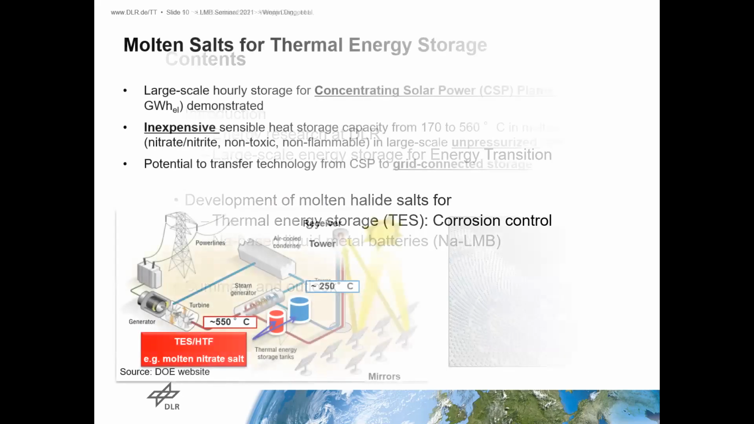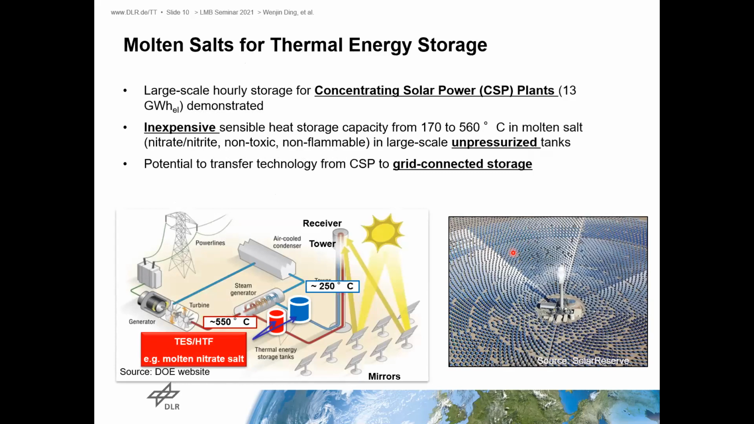So here is the state of the art CSP power plant. It uses molten nitrate salt. The operating temperature is between 200 to 550 degrees C. Compared to other storage technologies, molten salt heat storage is inexpensive, not toxic and not flammable. It's safe, and it uses large scale,